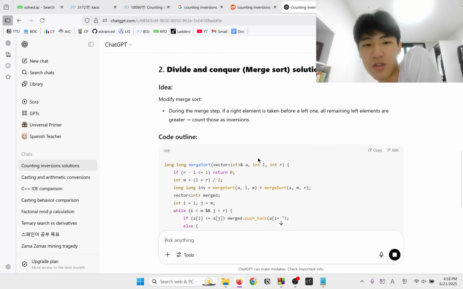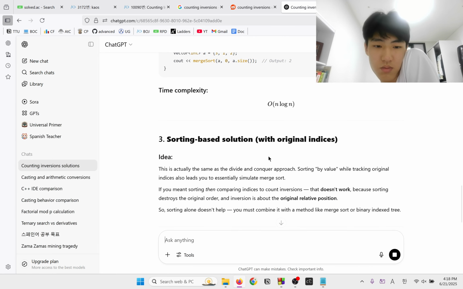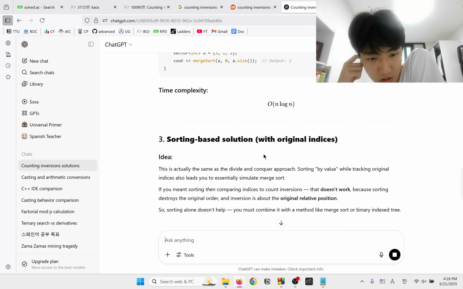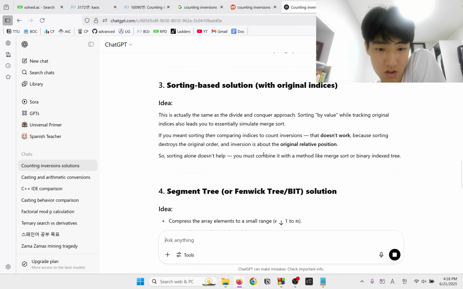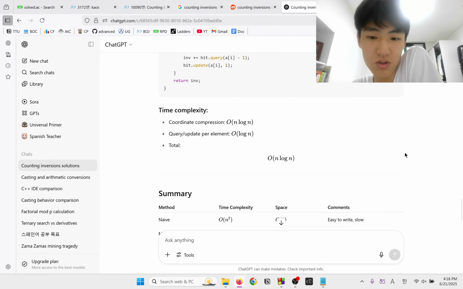Yeah, that makes sense. Divide and conquer, and blah blah, we get n log n. Sorting solution. Okay. Segment tree solution.